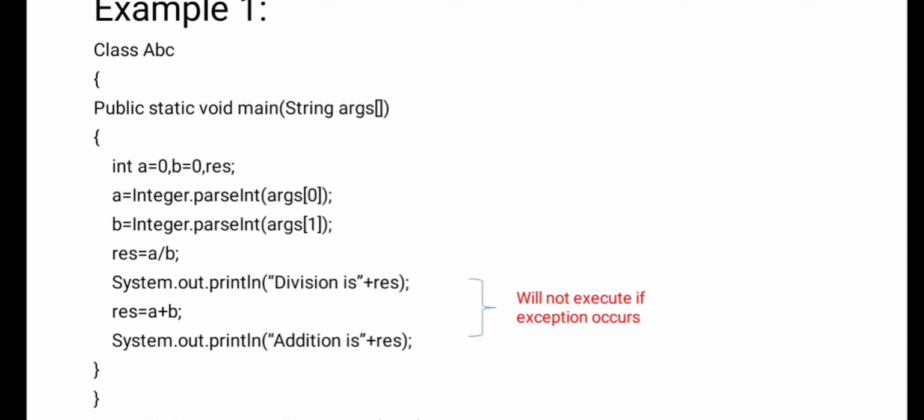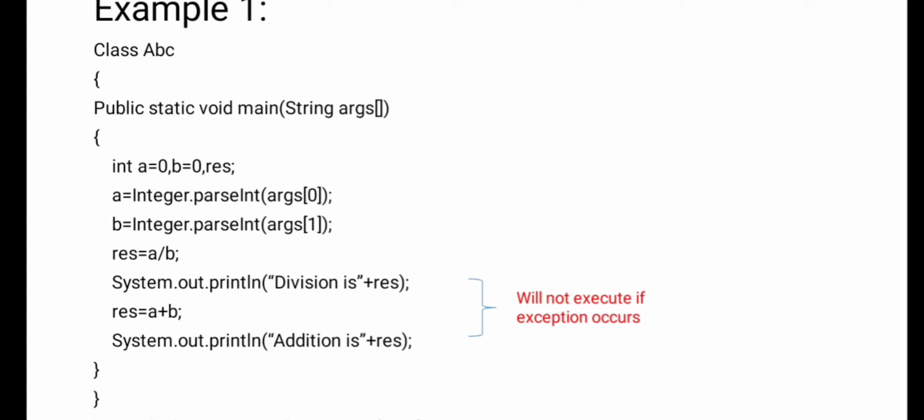Now the a and b values we will be taking from the user, that is, they will be user input values. So I have converted them into integer values, like a is equal to Integer.parseInt, which is a method of Integer. So a is equal to Integer.parseInt(args[0]), that is argument 0, and similarly b is equal to Integer.parseInt(args[1]), that is argument 1. So here I will be taking two inputs from the user. Now for those two inputs I will write the logic.